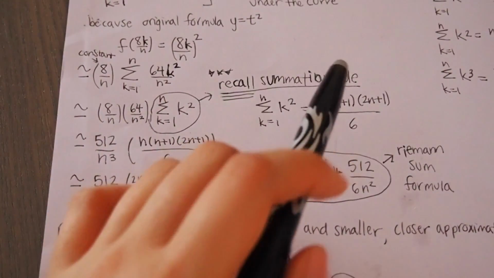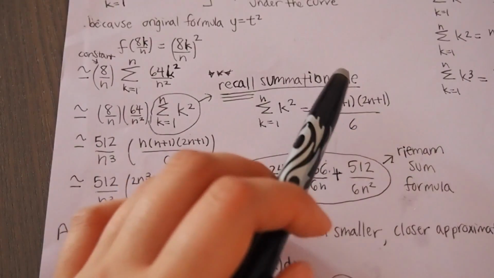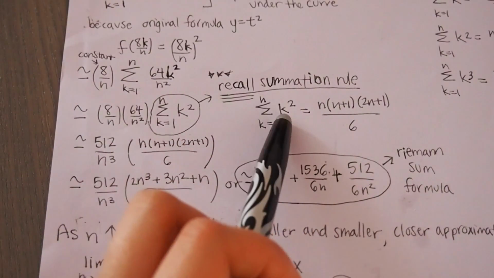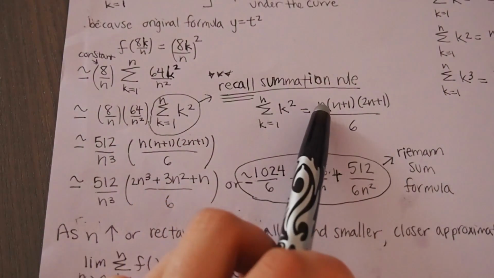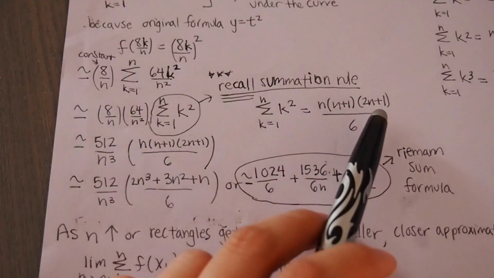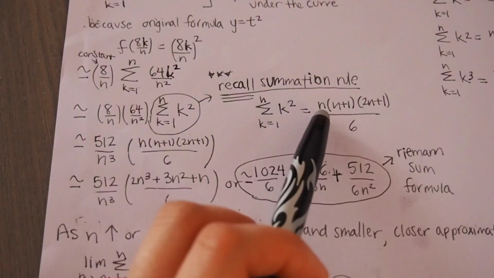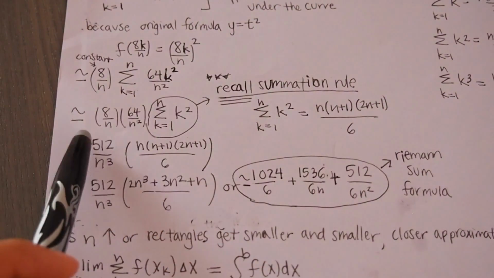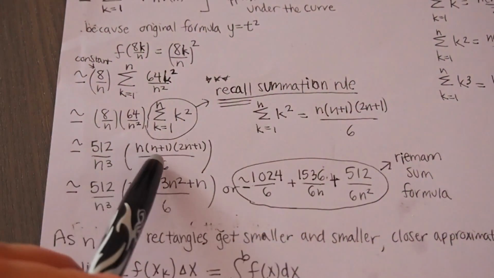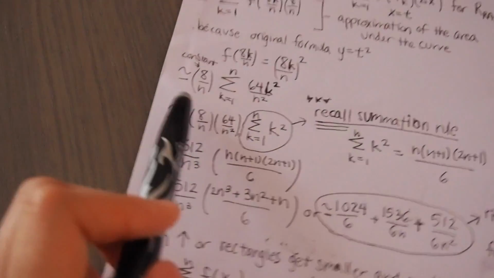Recalling the summation rules I mentioned before, the summation of k squared actually equals n times n plus 1 times 2n plus 1 over 6. Because we're trying to find the equation in terms of n, we're going to replace it. So after simplifying this value,